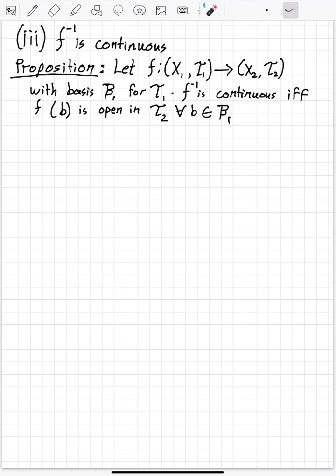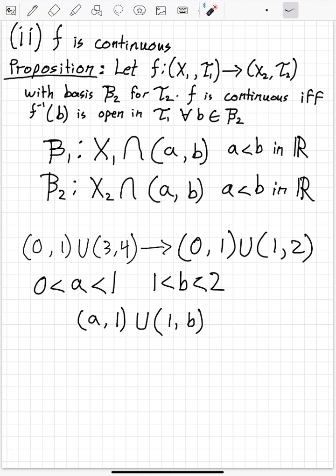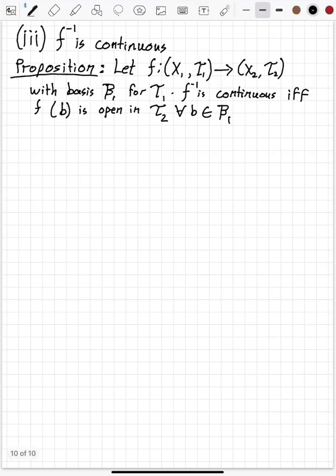But it's the same idea and the same logic, in which if we let f be a function from (x1, tau 1) to (x2, tau 2), with basis beta 1 for tau 1, then the inverse of f is continuous if and only if f of b is open in tau 2 for all b in beta 1. So we have just changed the basis, and instead of proving if f is continuous, we're proving if the inverse is continuous. So using the same logic, we can find the same proof in which we know that